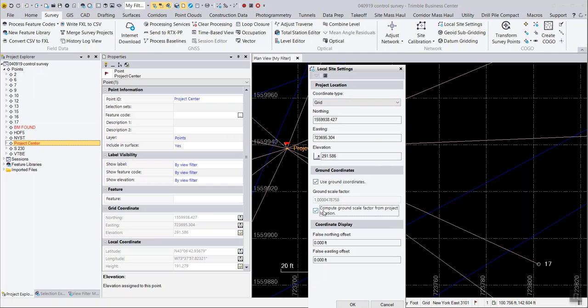software compute a ground scale factor from the project location. Again, there will be no scaling applied at this project location, but as we move out from the project center, there will be more and more scaling applied based on your distance from this location. Once I have my coordinates in here, I've chosen to use ground coordinates and compute a scale factor from this